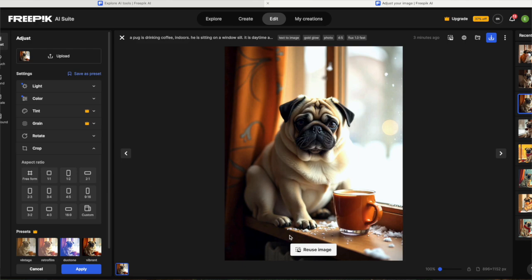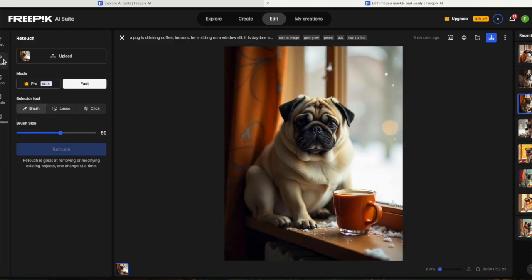So let's say this is good, but we want to have a different feeling around this. We want to reduce it a little bit. We want to refocus the image. We can go into retouch, and retouch is going to allow us to change the color of the mug, to do a few different things. In this case, let's make an exercise. We're going to lasso the mug,